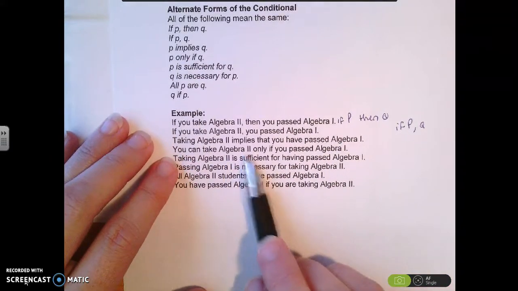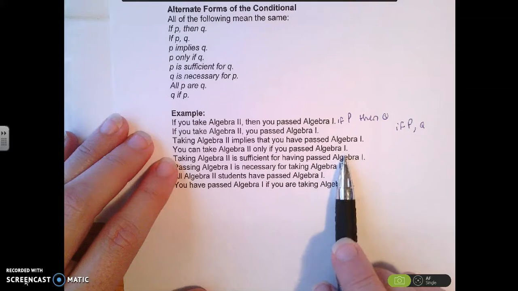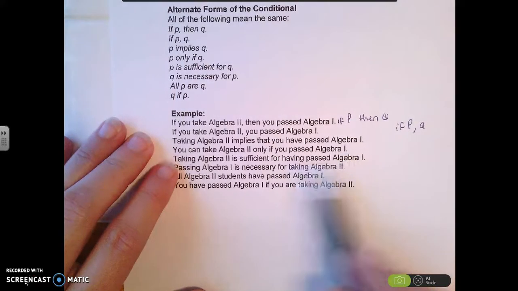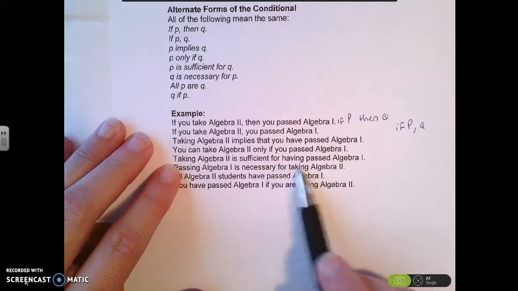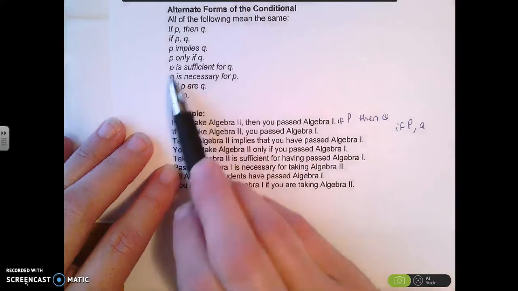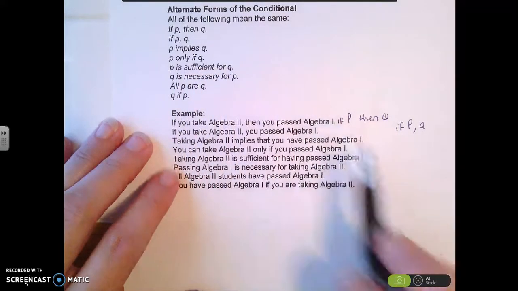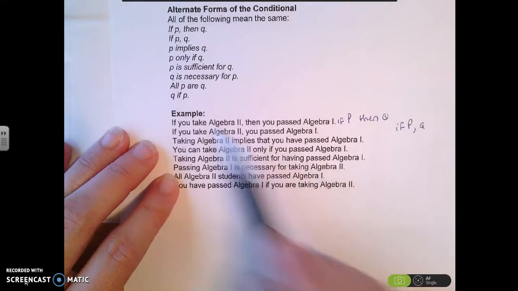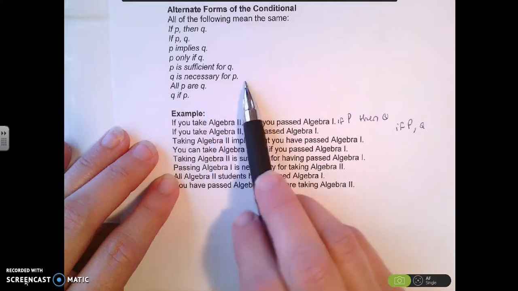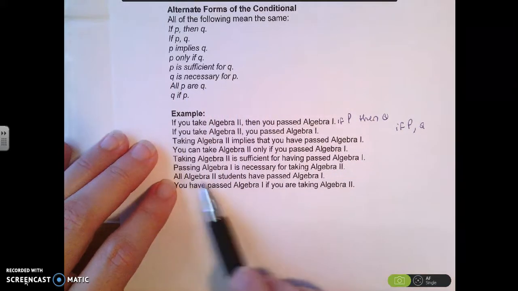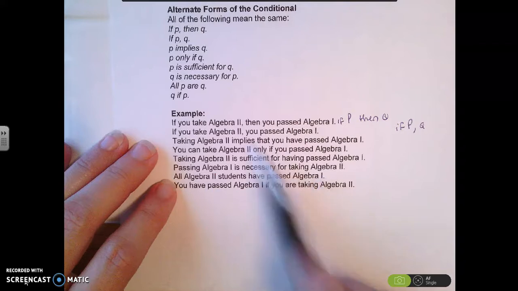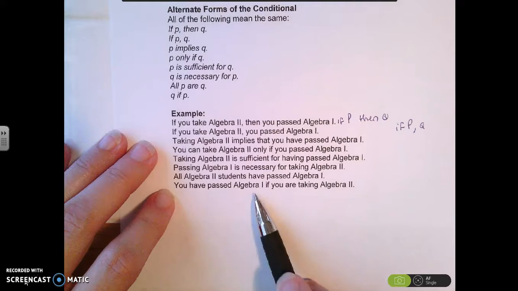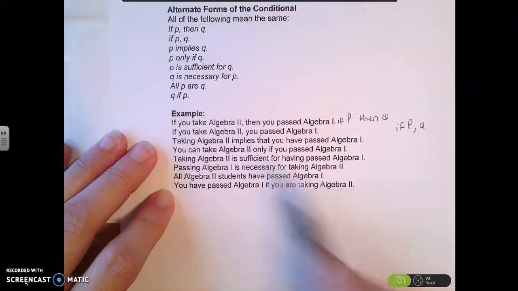You can take Algebra 2 only if you passed Algebra 1. P only if Q. Taking Algebra 2 is sufficient for having passed Algebra 1. P is sufficient for Q. Passing Algebra 1 is necessary for taking Algebra 2. Q is necessary for P. All Algebra 2 students have passed Algebra 1. All P are Q. And then the last one, you have passed Algebra 1 if you were taking Algebra 2,